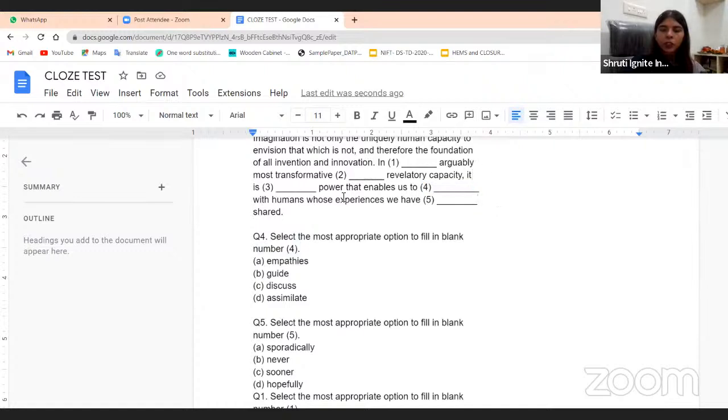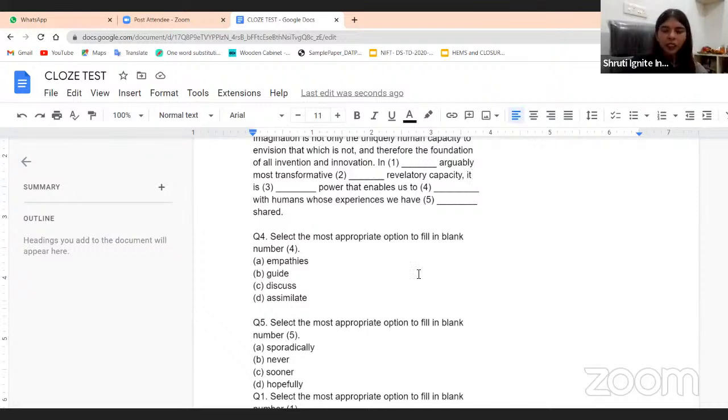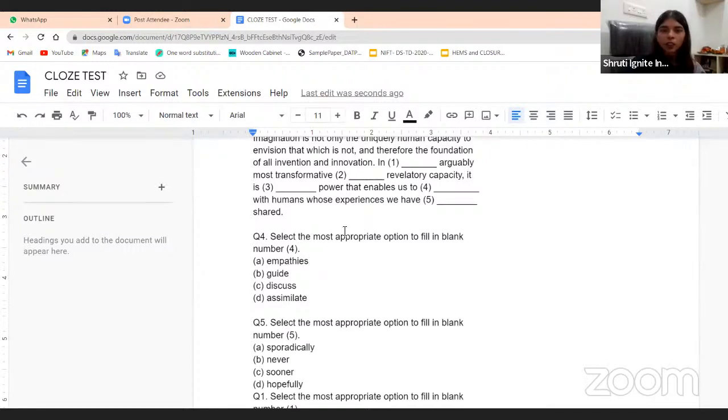It is the power. So far we have the sentence: in its arguably most transformative and revelatory capacity, it is the power that enables us to dash. Discuss. Empathize. It should be empathize. Yeah, so there is a little mistake over here, but it should be empathize with humans whose experiences we have